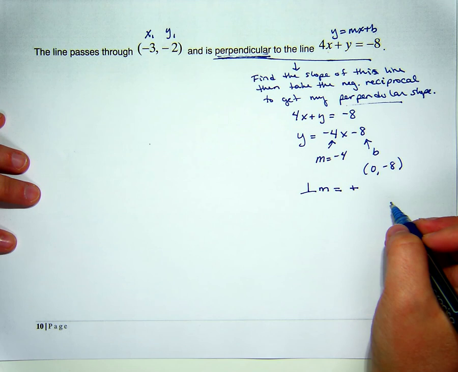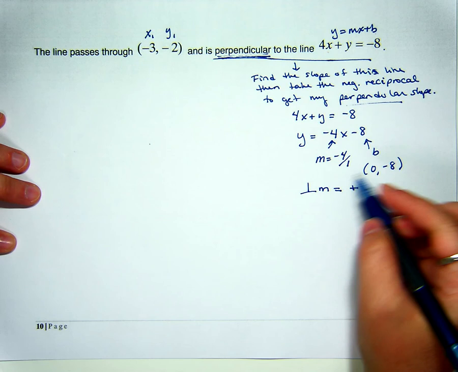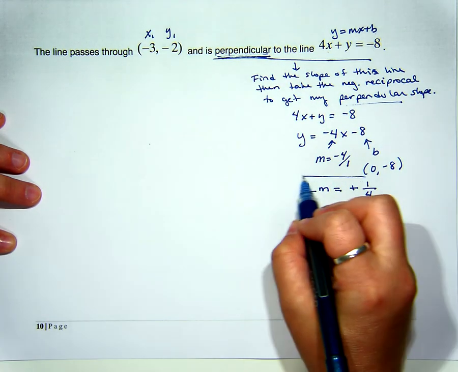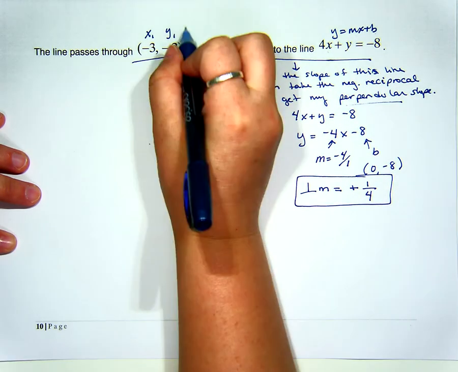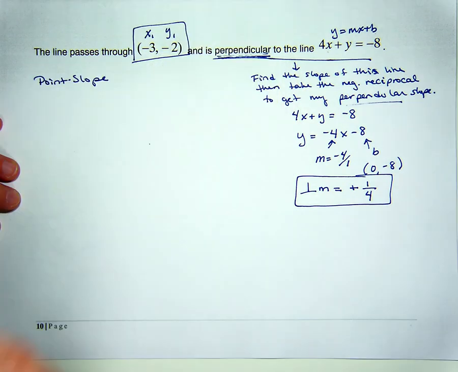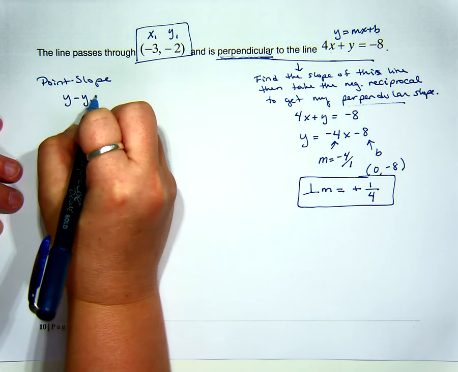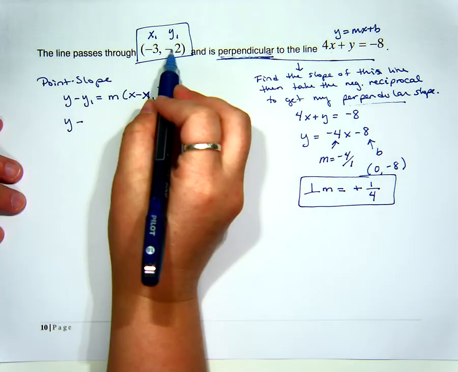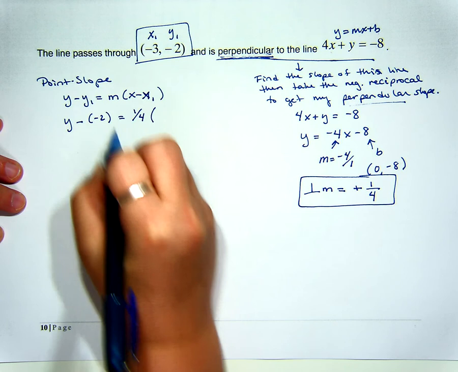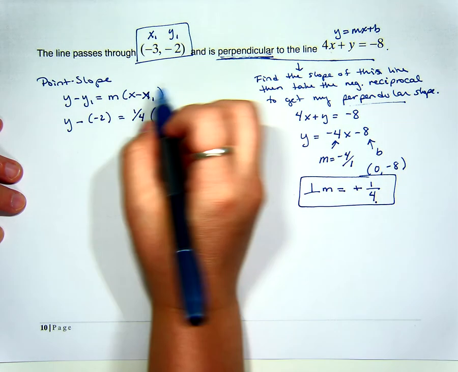Reciprocal means flip this quantity. This is like saying 4 over 1. Well, 4 over 1, flip it, gives me 1 over 4. So I have my perpendicular slope. I have my point to use. So I'm going to be using point slope in order to figure out this equation. y minus y1 equals m times x minus x1. And we plug in. y minus, go see what y1 is, negative 2, m, the one I need, 1/4, x